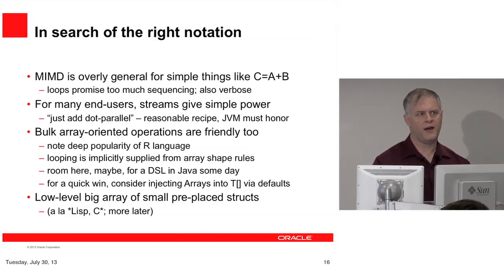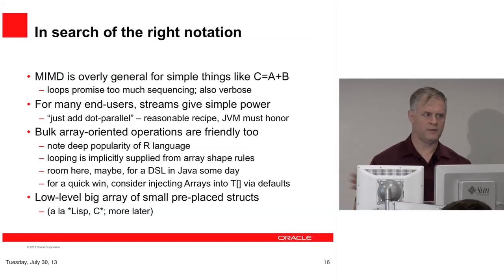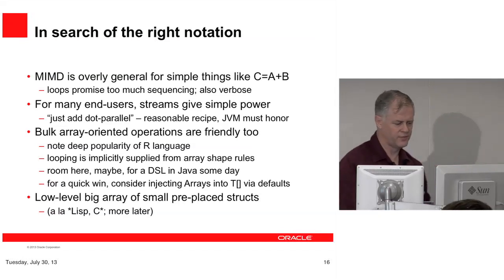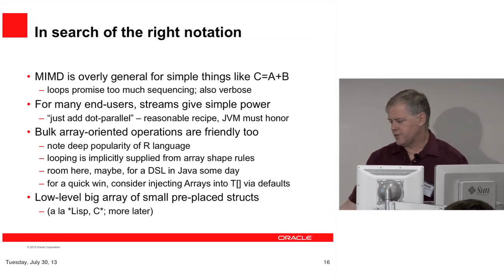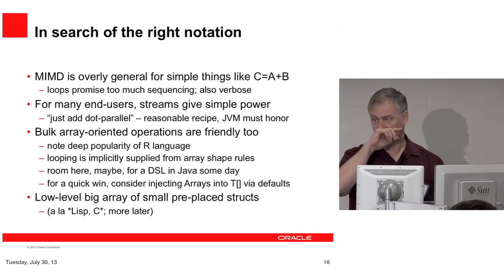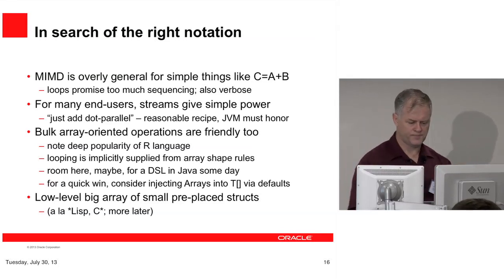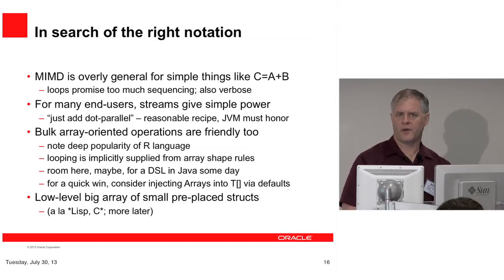The state of the art now is lots of annotation in your C loop in order to get the vectorizing compiler to offload it in the way you need to offload it for data parallel. It's not very satisfying. But for end users, simple notations are better, and in fact streams are a wonderful new compromise between simplicity and power, because you put them together like Legos and it's kind of like SQL queries or something.